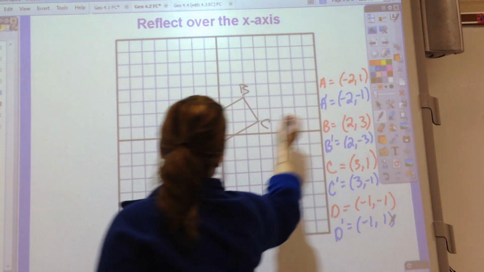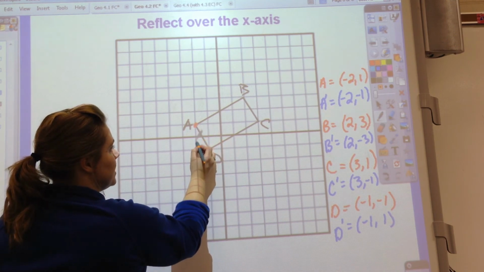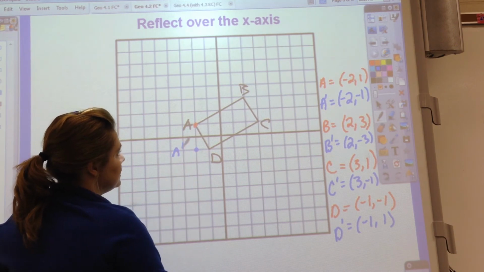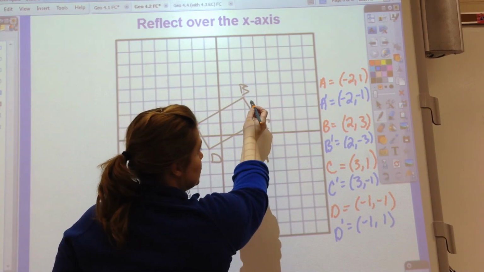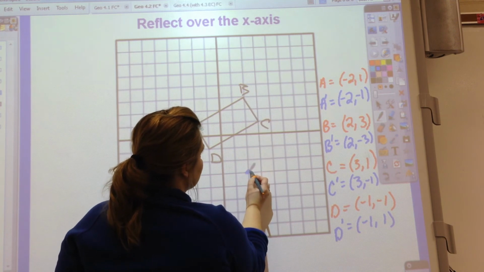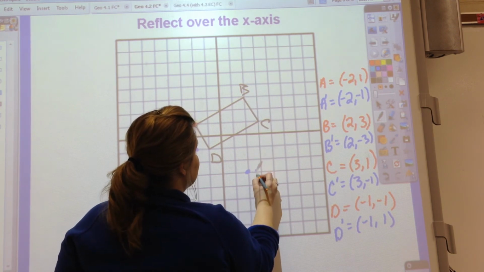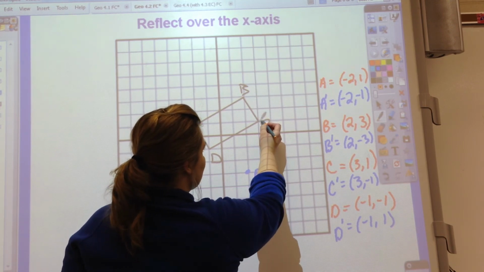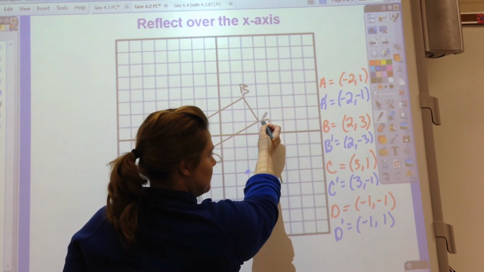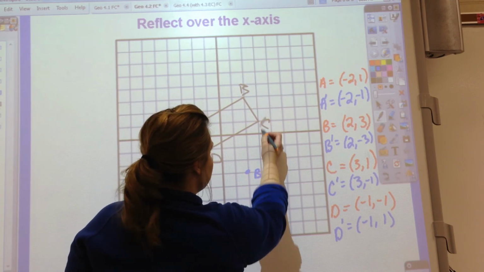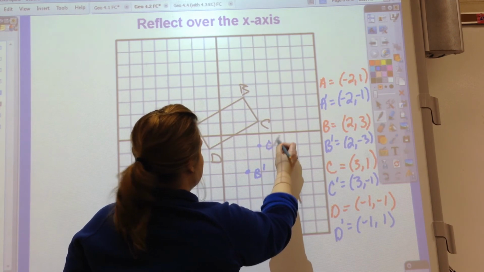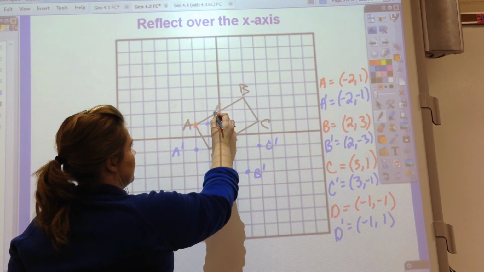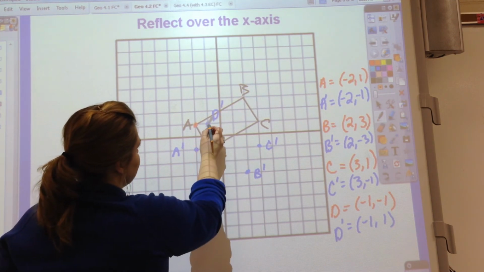So let's look at those points. A prime would be -2, -1. Does that look like the reflection of A? Indeed it does. B prime is going to be 2, -3. Does that look like it's the reflection? Indeed it does. And how about C? C is going to become 3, -1. And last but not least, D. D now becomes -1, +1. And so when I connect my dots,